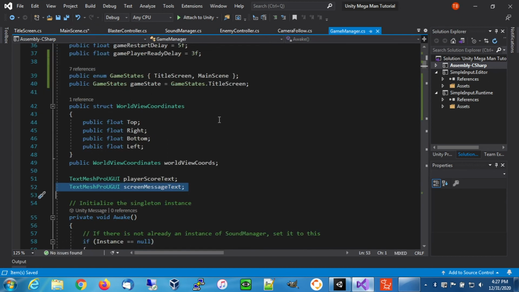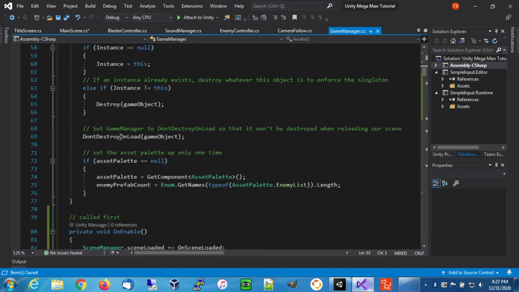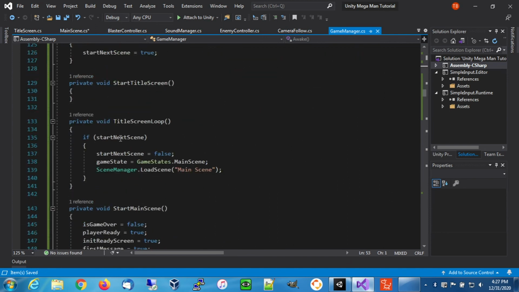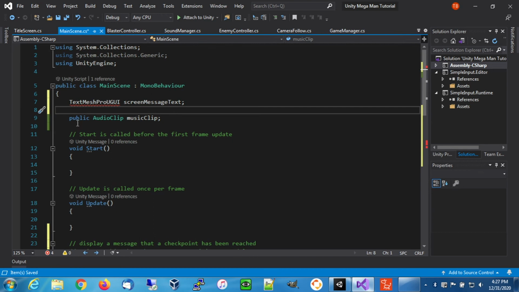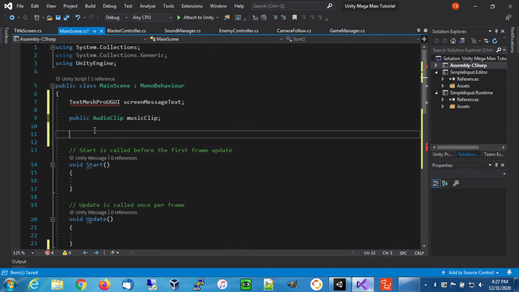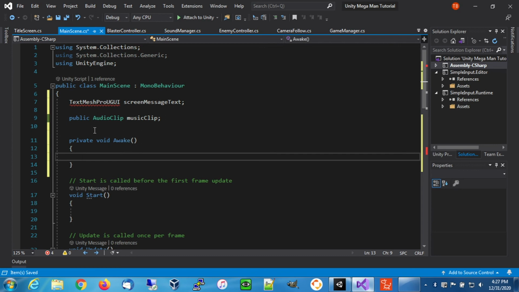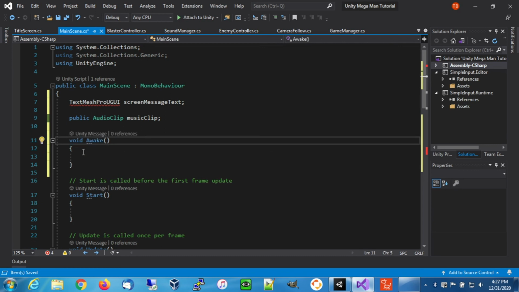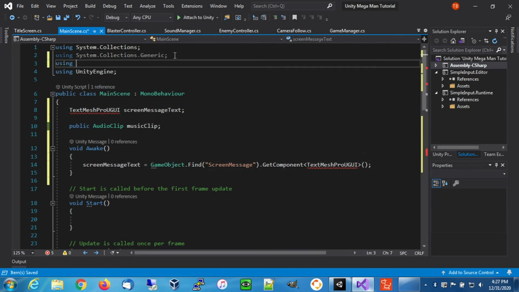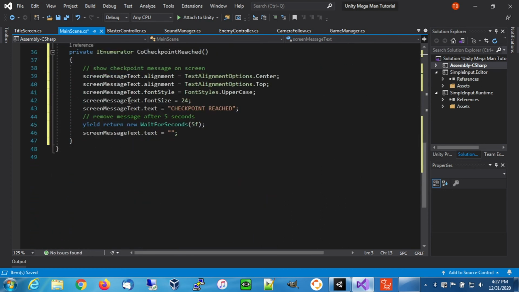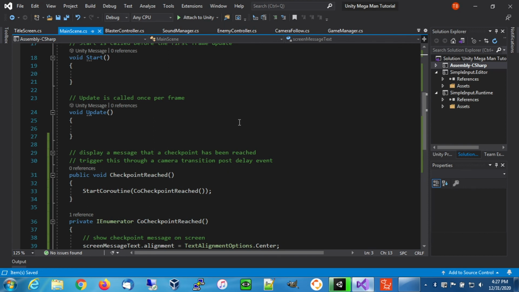And then we're going to go over to the Game Manager again. And then we're just going to get the, where is that at? That's over in here. So we're going to put this in the awake function on the main scene, which we haven't created yet. So we're just going to say void awake. And then we're going to import using TextMeshPro. Boom. So those errors will now disappear. Everything is good here. We will save it. And if we go back over,